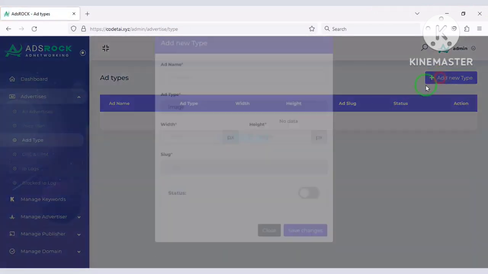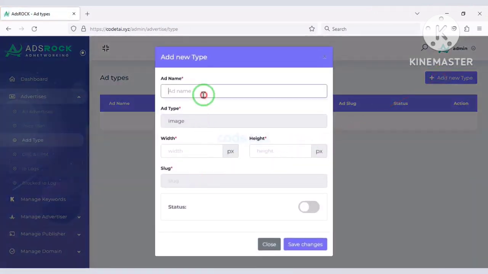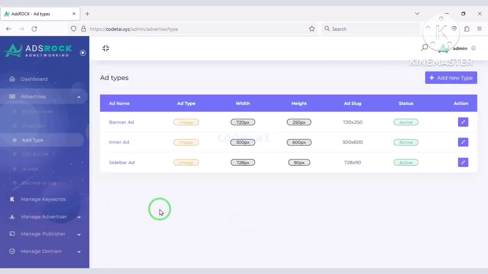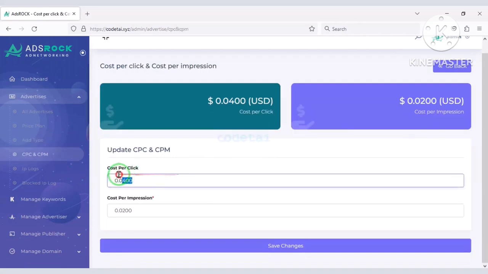I will now teach you how to create a few ad types. Then you can customize cost per click and cost per impression.